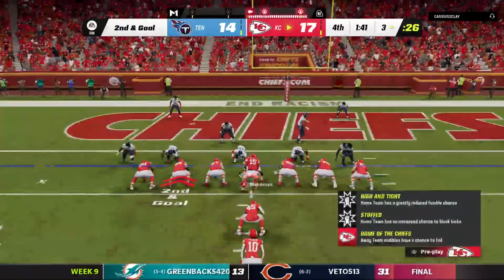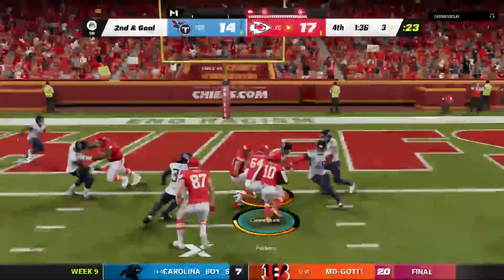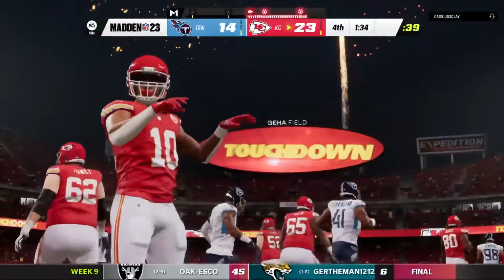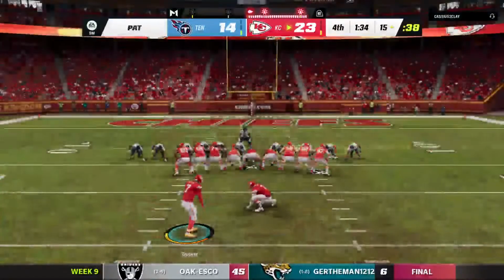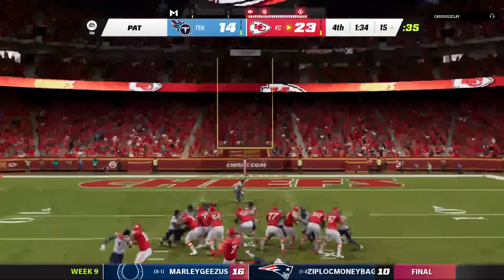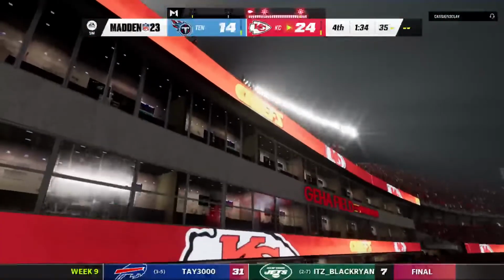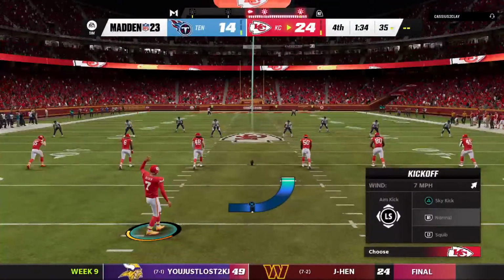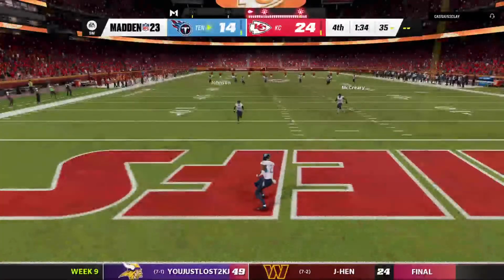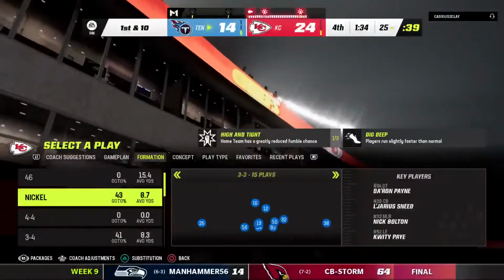The 3, here's 2nd and goal. They'll try to run for a Chiefs touchdown. Isaiah Pacheco with touchdown number 2 in the game, and now 11 on the year. And the Chiefs get an important score there to extend their lead here in this 4th quarter. Extra point by Butker is on target, and his guys will take a 10-point lead. After the touchdown, here's Butker on to kick it away. And this will be a touchback as that sails over the...